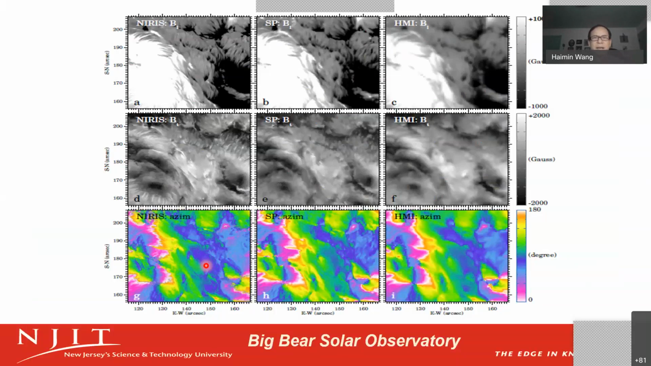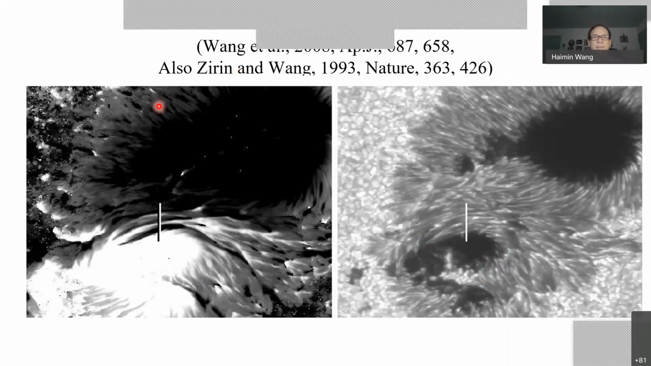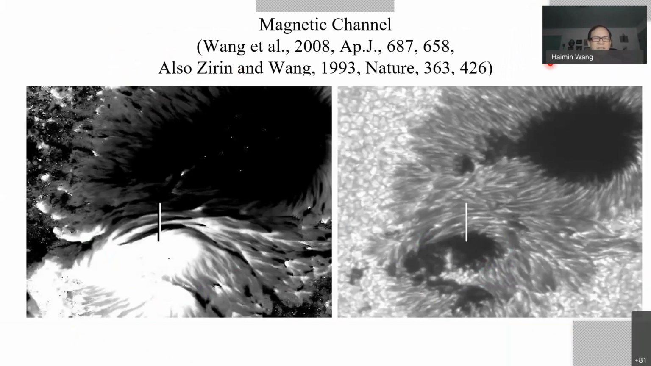So this is a comparison of the different observations. We have simultaneous observations from Big Bear, from Hinode, and from HMI. Obviously we are observing a similar thing, the same thing. Big Bear has a higher resolution. In an earlier paper, actually a couple of papers, including Zirin and myself in a Nature paper, we did